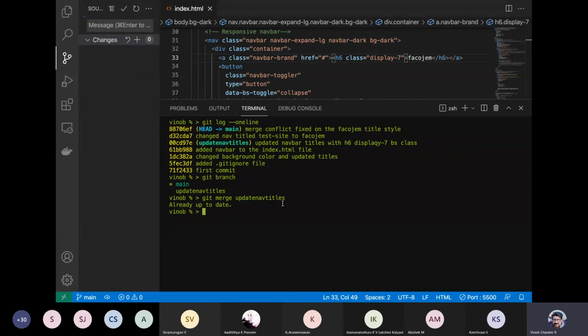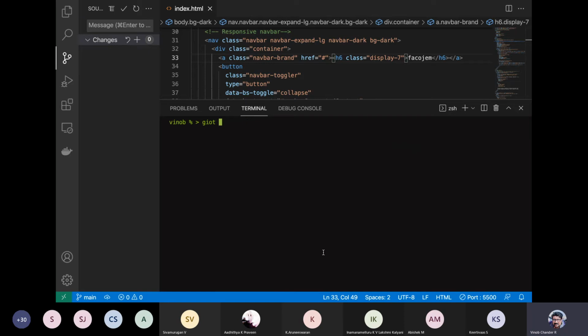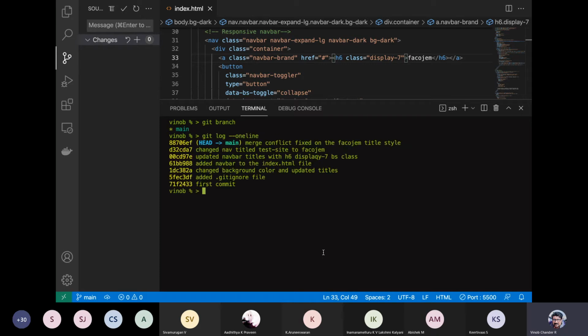Now we can safely do a git log --oneline to see this particular thing, and then safely delete by saying git branch -d and then the branch name. Now if you look into git branch, you just have the main branch.